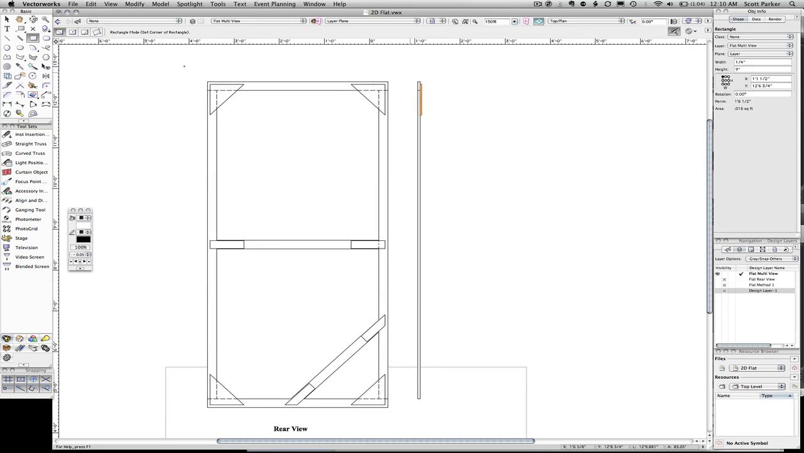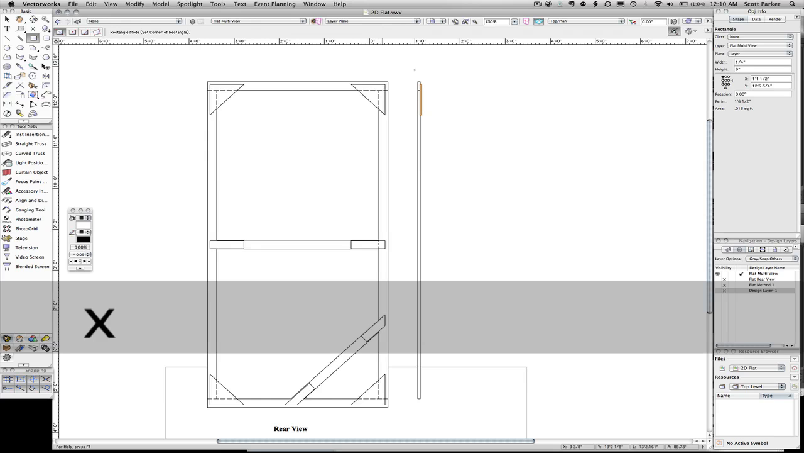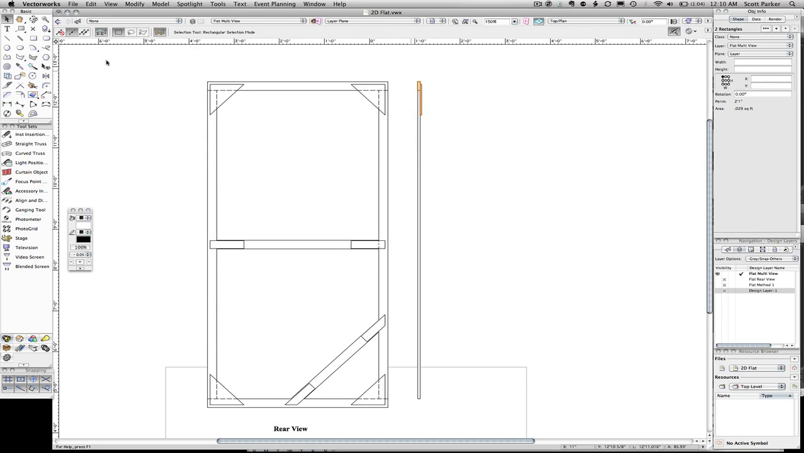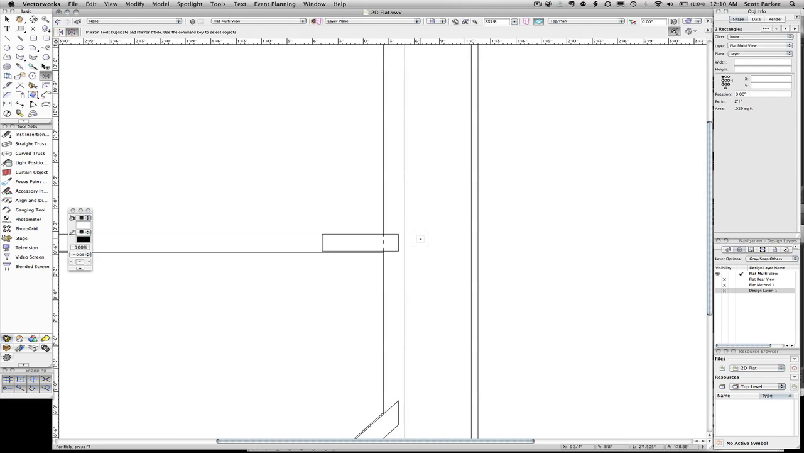Zoom out a little ways. We're going to select the corner block and the top rail. Use the mirror tool, go to the center of our board, pull out our mirror line, and there's the bottom of our flat. We need to throw in the side of our toggle, which is basically